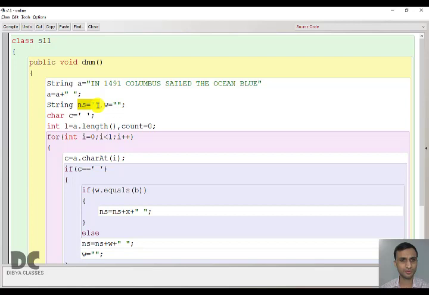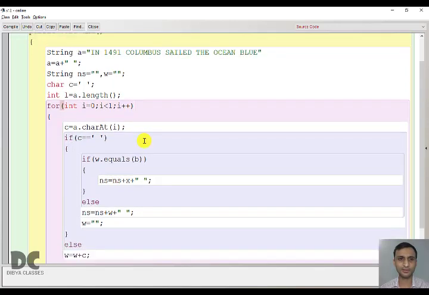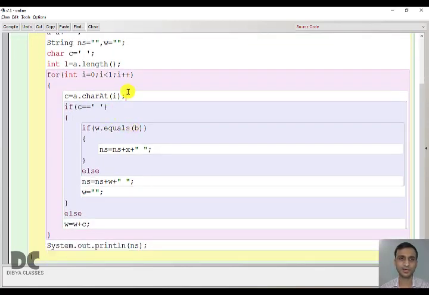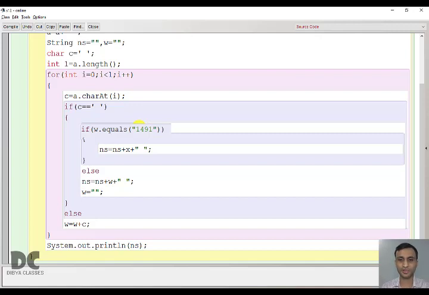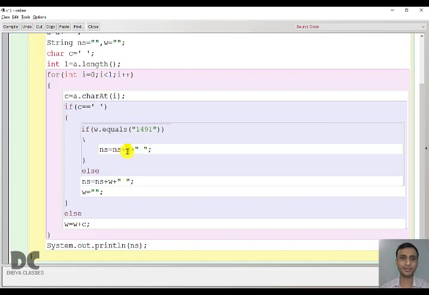NS to create the new string, W to extract each word, C to extract characters, and the length of the string. Count is not required in this program. We took the length, find the character. If it is not a space, we are going to create the word. When it is a space, we are going to check if it is equal to 1491, because we already know that we are going to replace 1491. If it is true, here there is no X, here it is as given in the program. Else we are going to join.